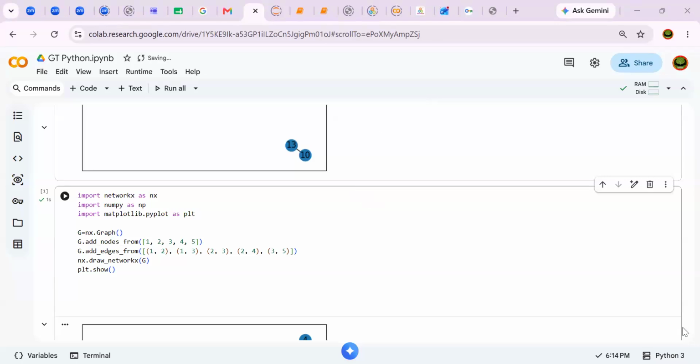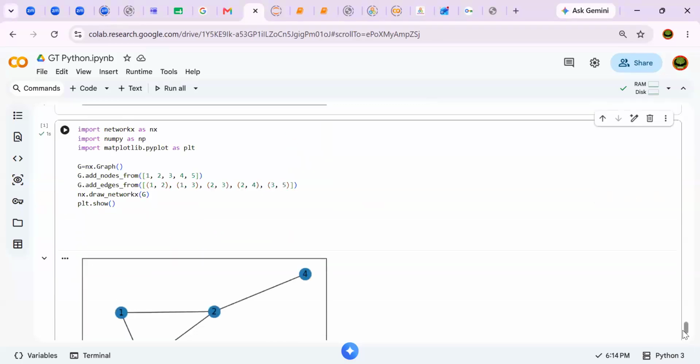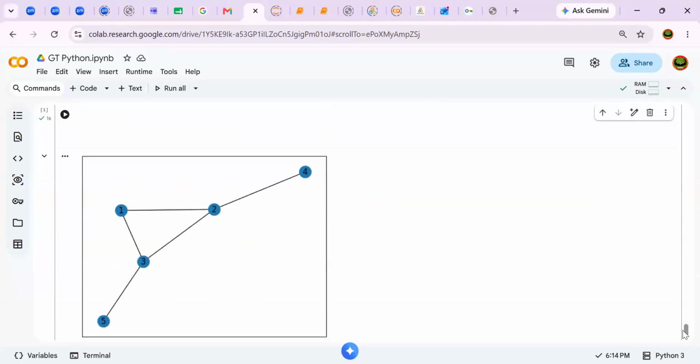So this is our graph. In this graph, we need to construct an adjacency matrix. First, we can construct an adjacency matrix with the help of the inbuilt function. So I can create an adjacency matrix,